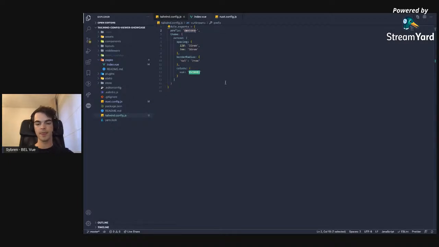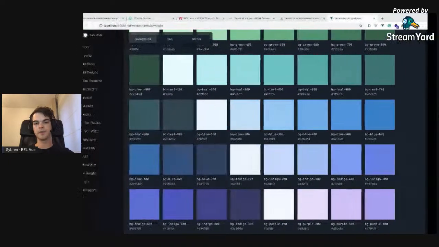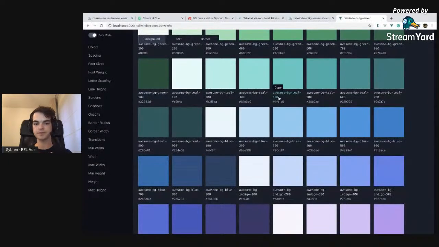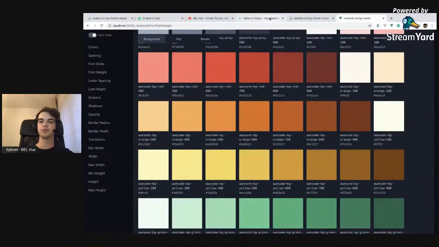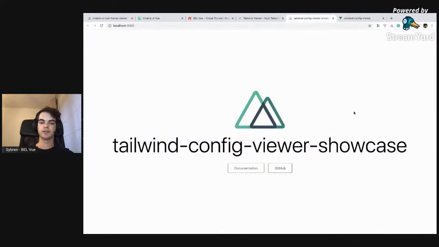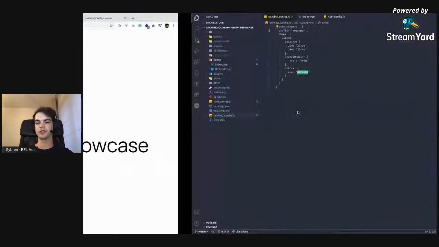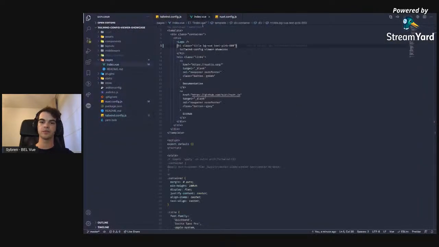And if I edit here and reload, it adds those to the class names. You will notice with the prefix here the classes are broken, so we can fix that by adding our awesome prefix,